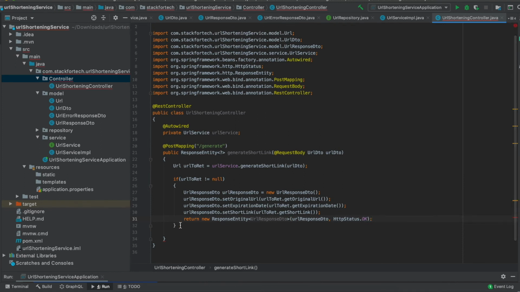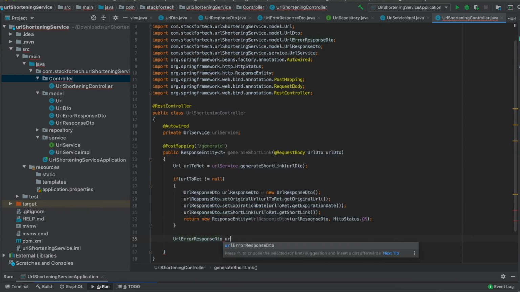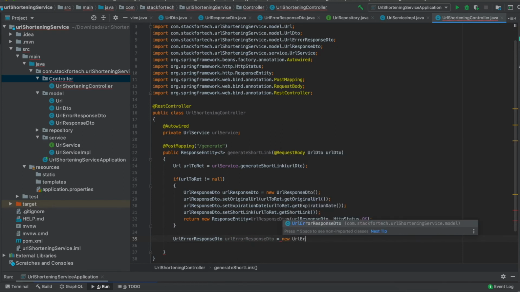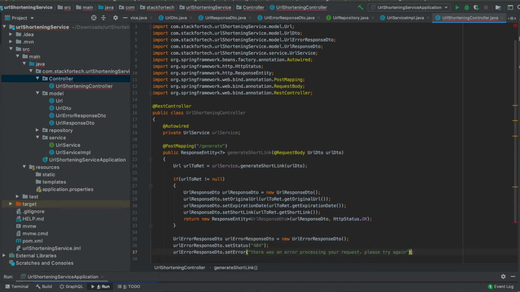Or if it is null, then in that case we want to create a URLErrorResponseDto, with a message that there is an error processing your request, please try again after some time.